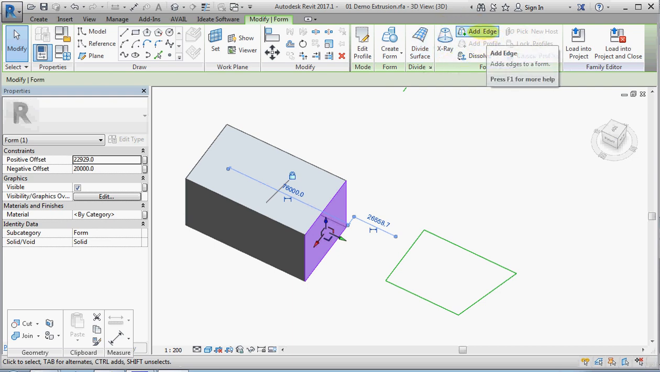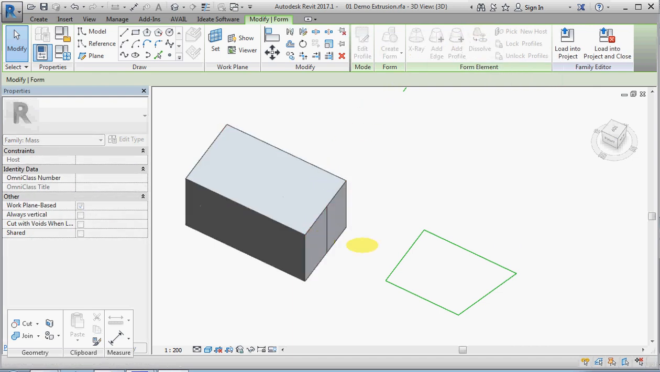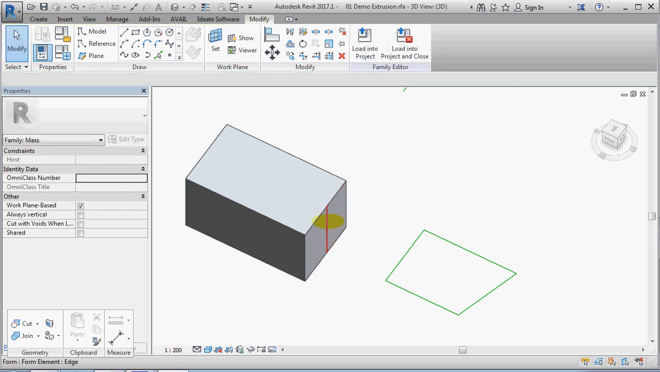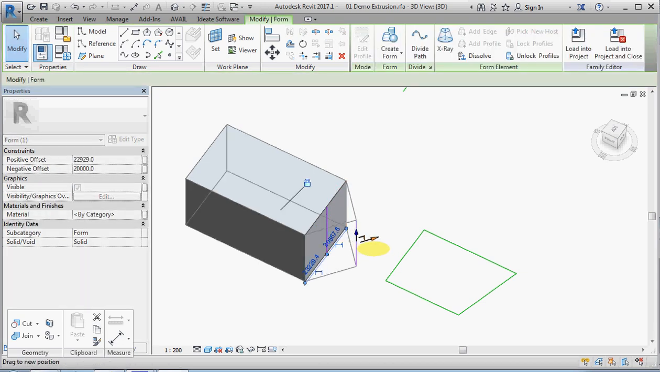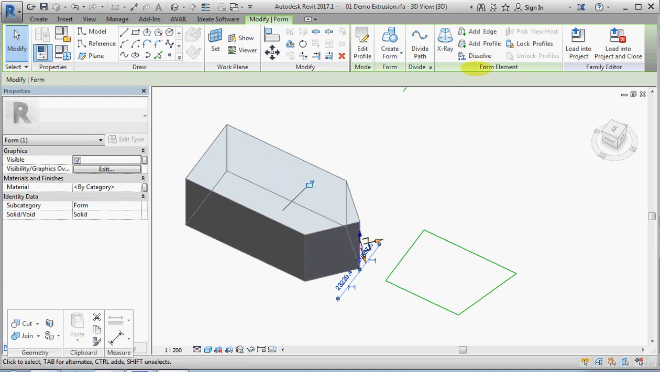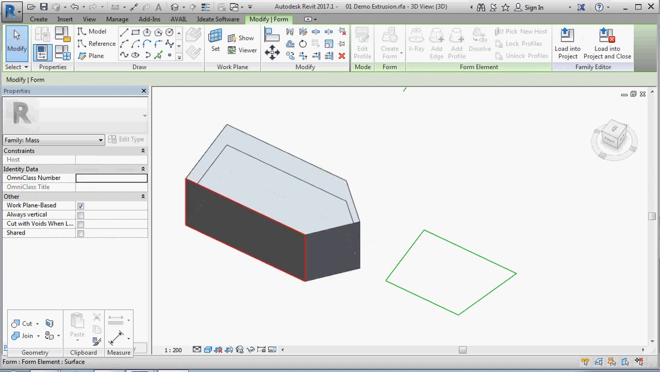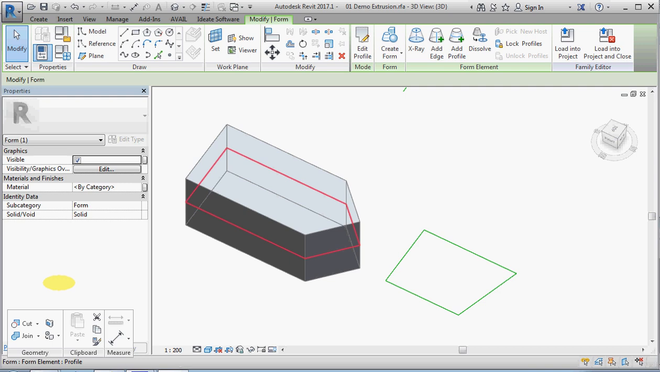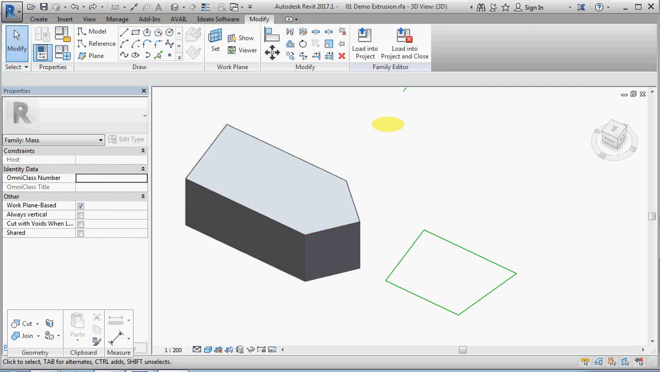We have a command called add edge. When I click on that, I can add an edge to that and press escape to get out of that. I can select that edge, drag it out, and that changes the profile, the shape of the extrusion. I could also try and do add profile, but you will notice that that is grayed out. So I cannot add a horizontal profile around the middle. If this is unlocked, then I can add a profile, but that's not what we're after here. So I'm going to Control Z to get rid of that, and Control Z to get that back to being